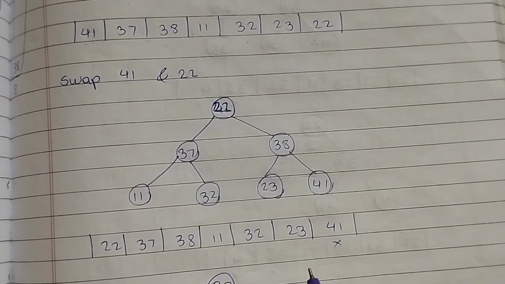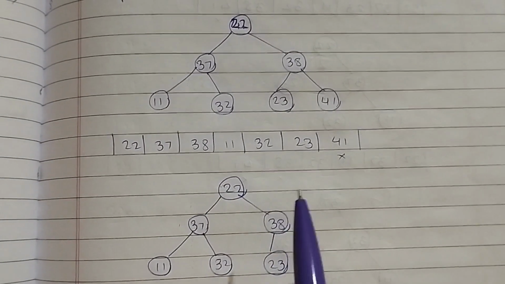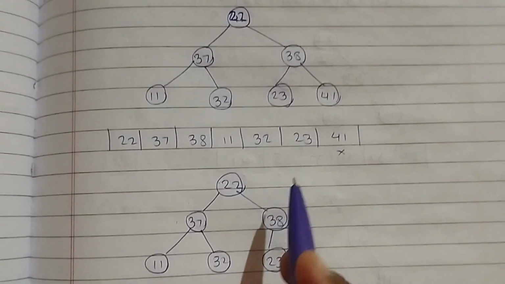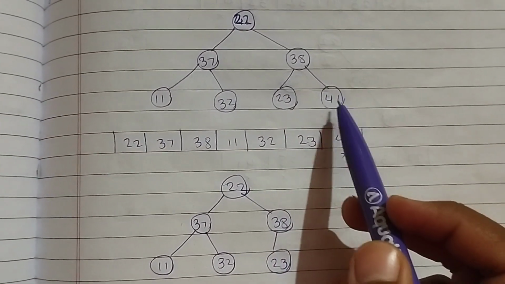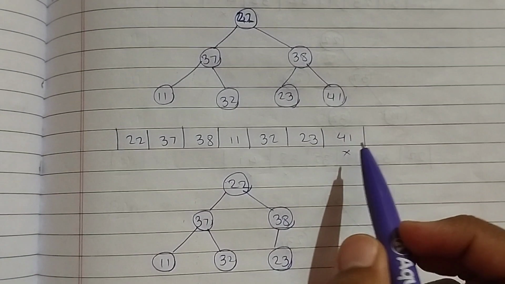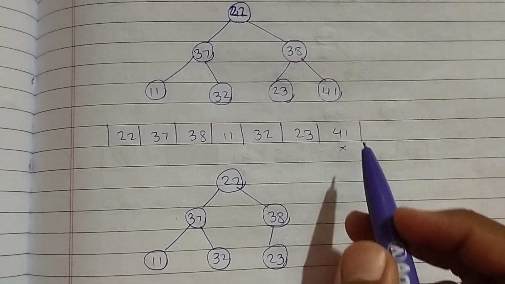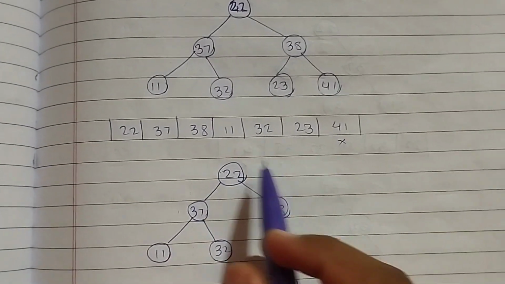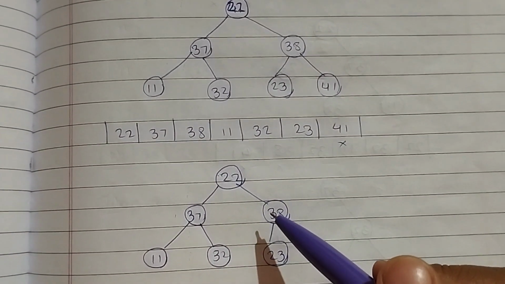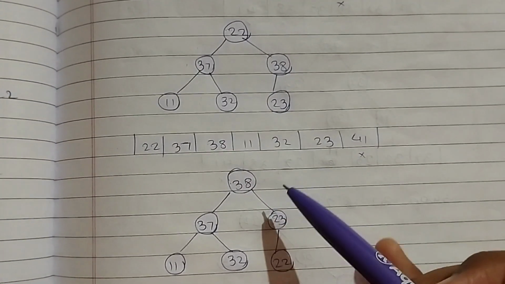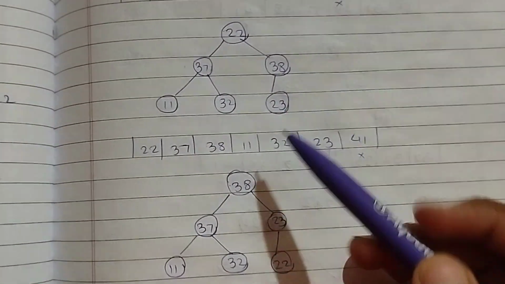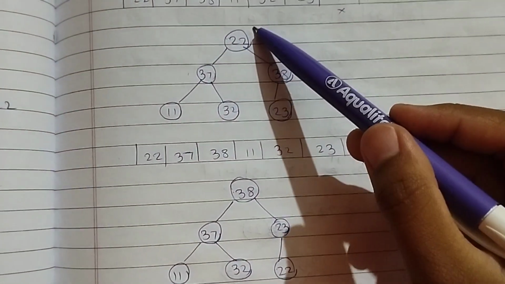Now again build a correct heap, but now don't mention 41 because we put 41 in its appropriate position. So now our tree is like this. Now again create a heap, so swap them. So we swap 22 with 38,